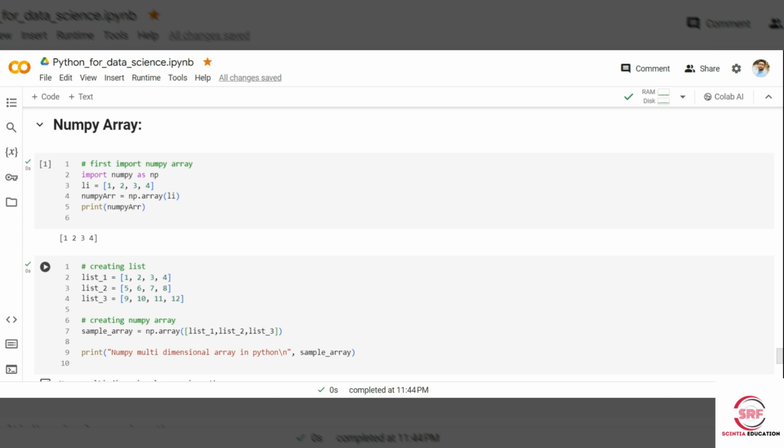So first we define a Python list called li containing integers 1, 2, 3, and 4, and then we use np.array function to create NumPy array, NumPy arr from the Python list li. This function converts the Python list into a NumPy array, and at last we print the NumPy array, NumPy arr